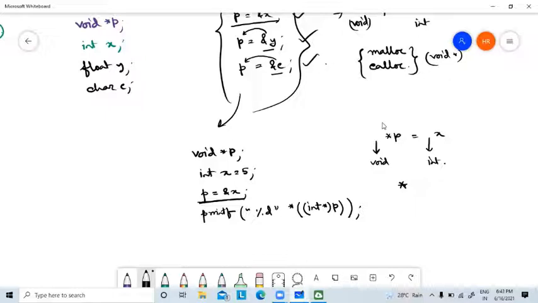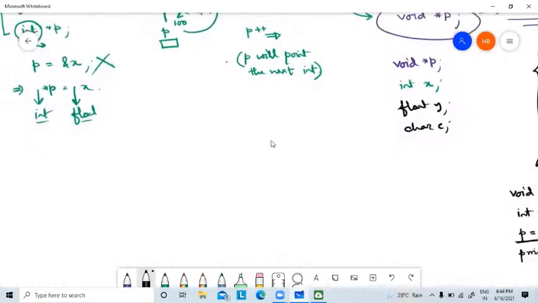You can store the address of any variable, but when you are trying to access the memory location to print the value using the star operator, then first you have to typecast. That is very important. Now, those who have done malloc-calloc will see that before writing malloc, we have to write it like this. Suppose it is for integer, then you have to write int star. So this is the typecasting. We will discuss malloc-calloc, which are called dynamic memory allocation, not static memory allocation like arrays. So this is the use of void pointer.